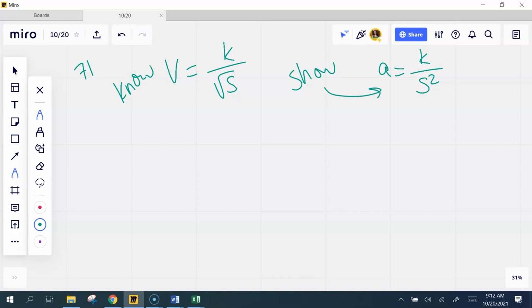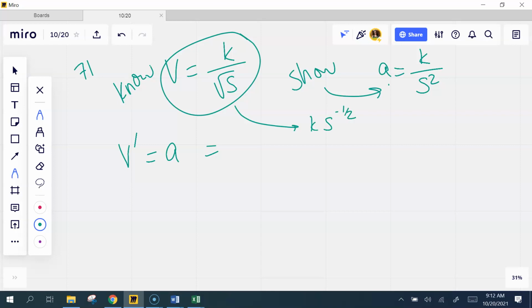Inversely proportional means divide. It means there's a constant of variation that you divide by. So what I need to do now, how do I get from velocity to acceleration? Derivative, which is also acceleration. So remember, k is a constant. So this is really,